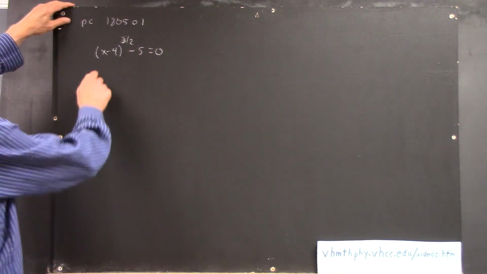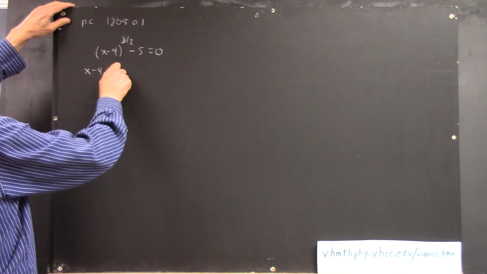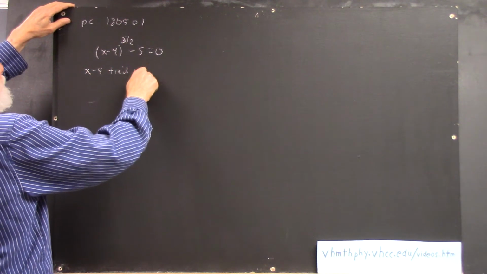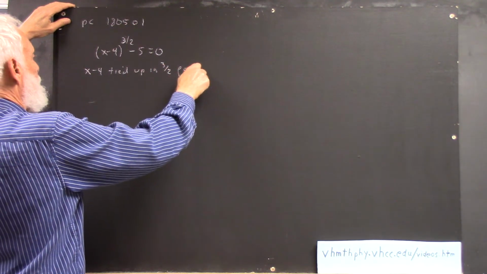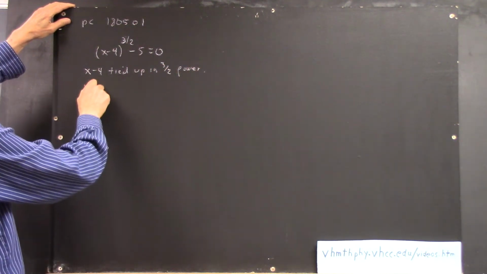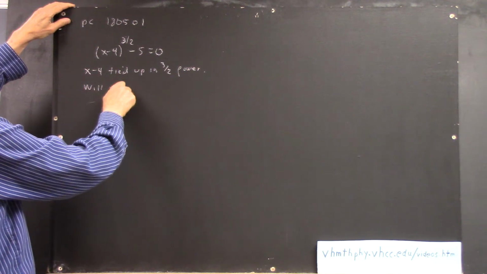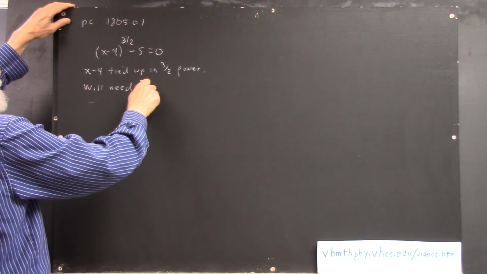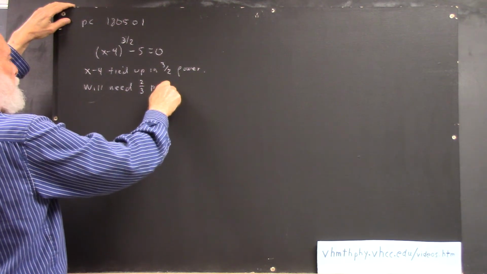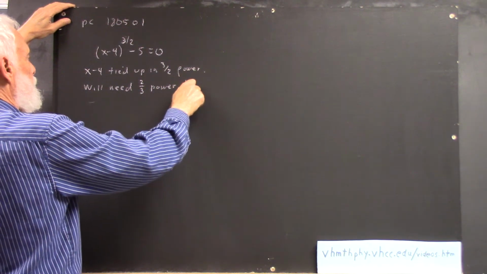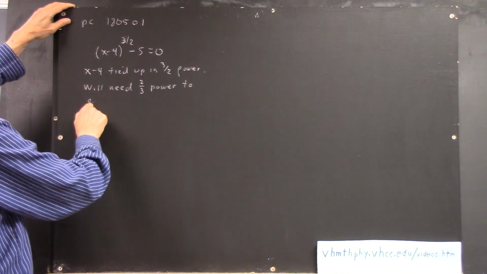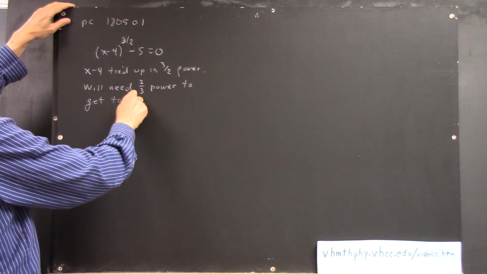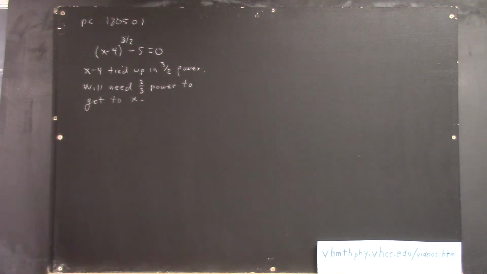So we'll need a 2/3 power to get to x. You might not totally understand what that means until I do it, but it's very similar to what we just